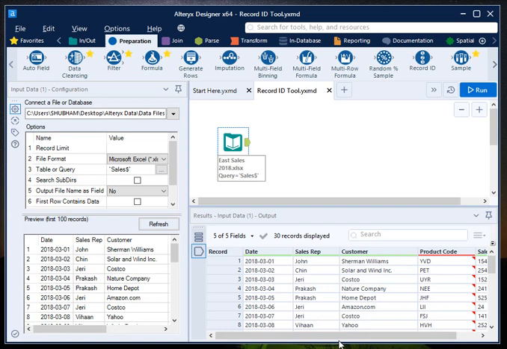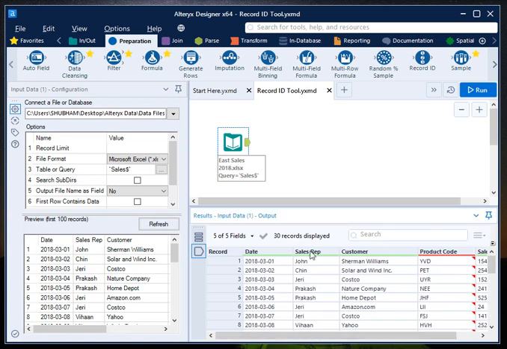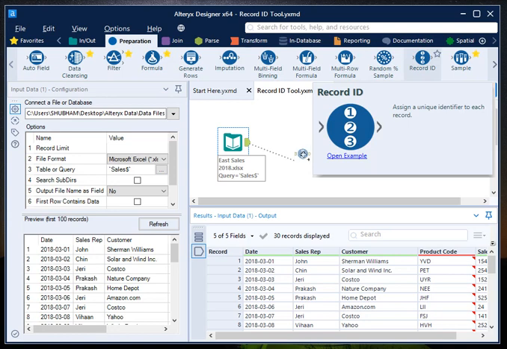This consists of 5 columns: date, sales rep, customer, product code, and sales. And it consists of 30 records, right? Now I want to generate a unique row identifier for each row. In order to do that, go to the preparation tab, select the record ID tool, drag it and drop it